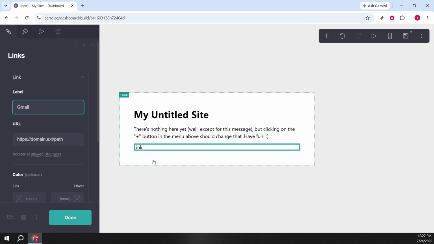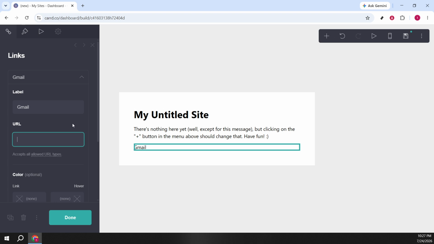Here's the key. Instead of a regular web address, you'll enter a mail to link. Type mail to, immediately followed by your email address with no spaces. This special format tells the browser to open a new email draft addressed to you. When someone clicks it, their default mail client launches, and if they use Gmail in the browser, it will open